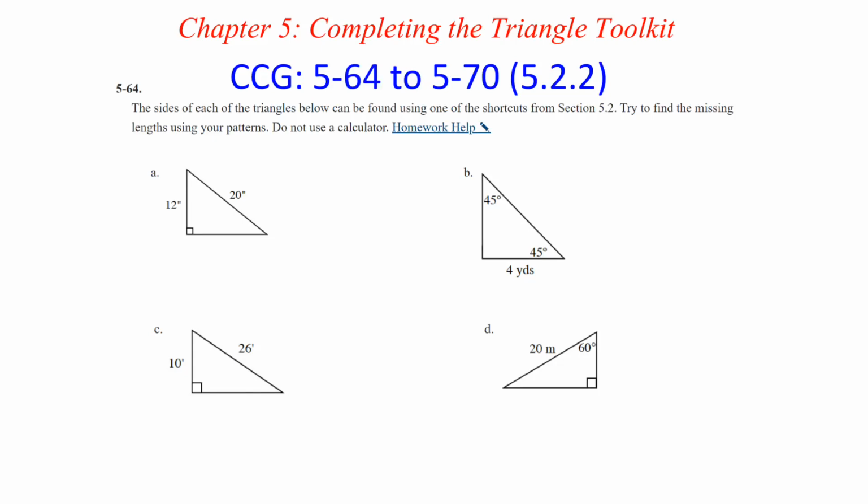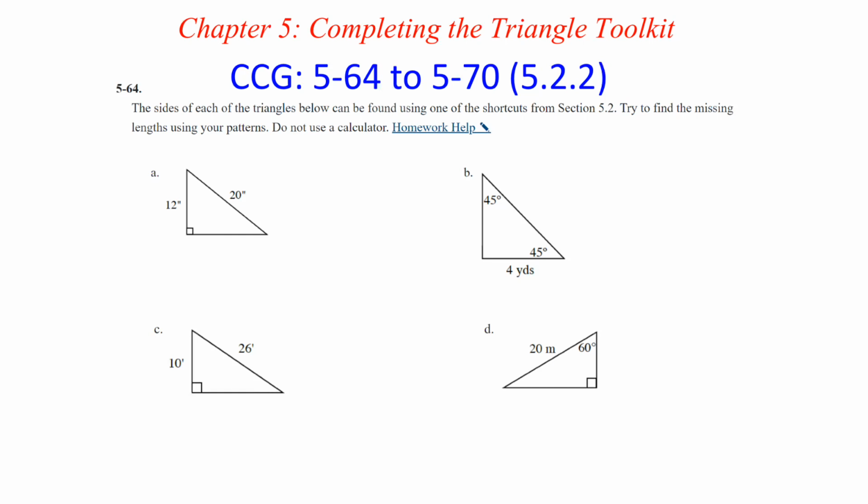Welcome to Chapter 5, questions 64 through 70. Question 64. The sides of each of these triangles below can be found using one of the shortcuts from Section 5.2. Try to find the missing links using your patterns. Do not use a calculator. And try to not use the calculator, but if you can't use your shortcuts, go ahead and find them any